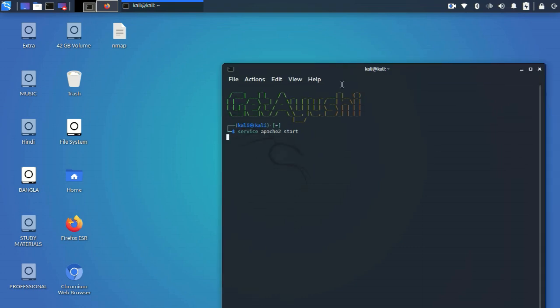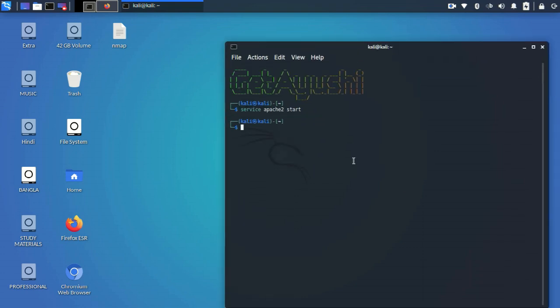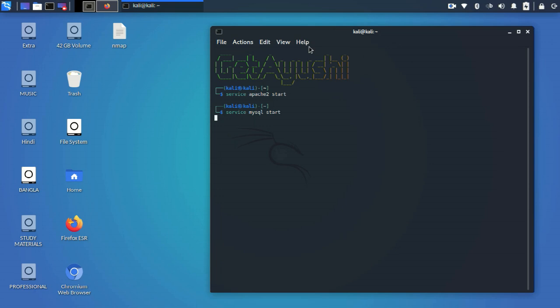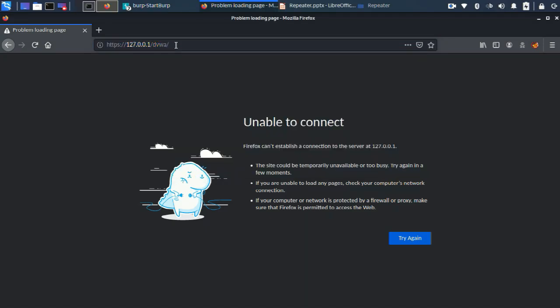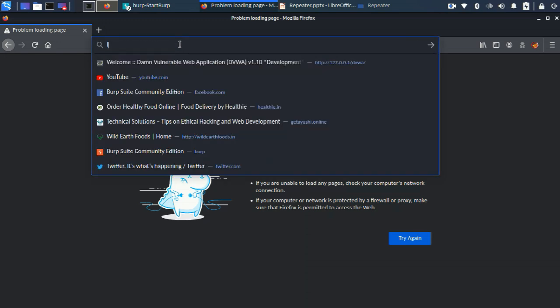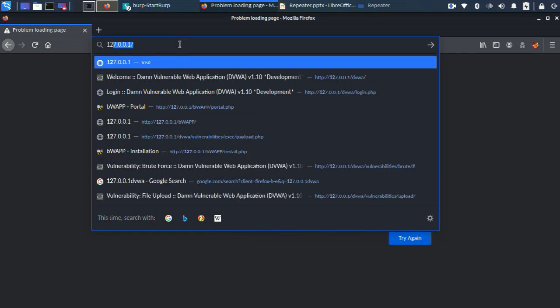Make sure that these two services are on, otherwise this DVWA will not work. Now let's see, just a minute, it will work. See, it's working now. So let's log in.